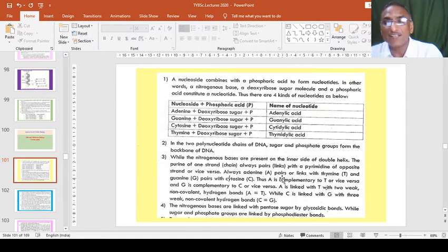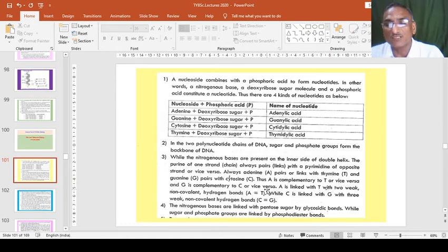Always adenine pairs with thymine and guanine pairs with cytosine, meaning AT and CG are the pairs. Thus A is complementary to T, meaning adenine is complementary to thymine, or vice versa, and G is complementary to